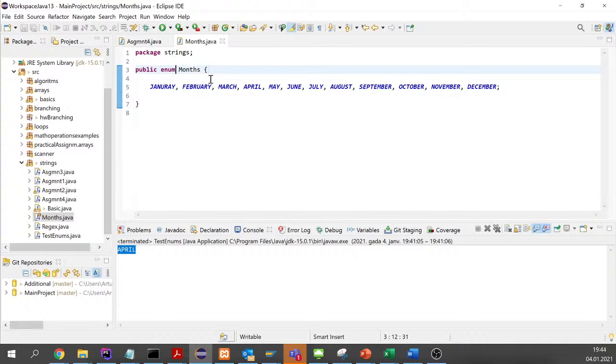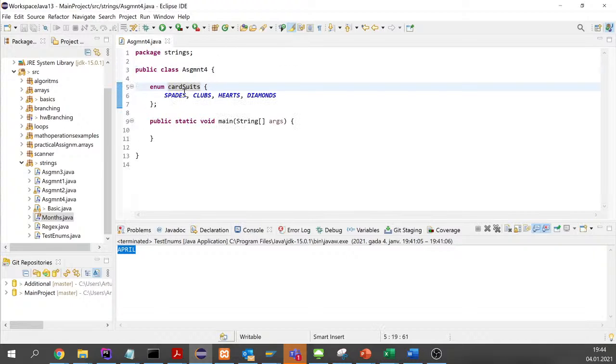Just enums, and inside enums we have the block, and inside the block we define our constants. The same is here. We don't need to define them in a separate file, it's not mandatory. If we don't want to define them in a separate file, we can declare them inside the class. Alright, so that's how we declared card suits,